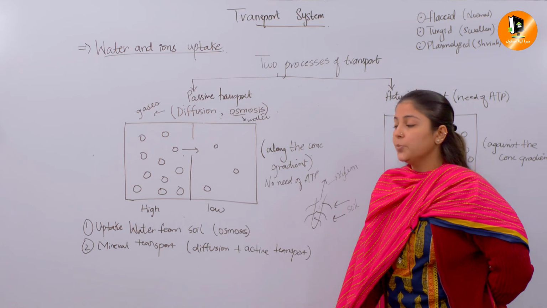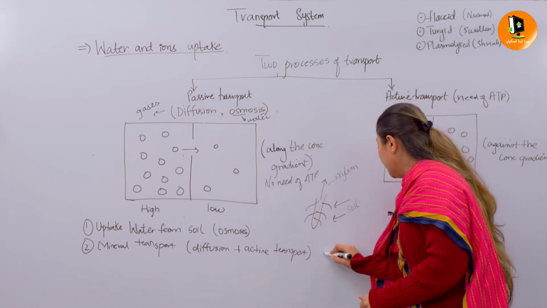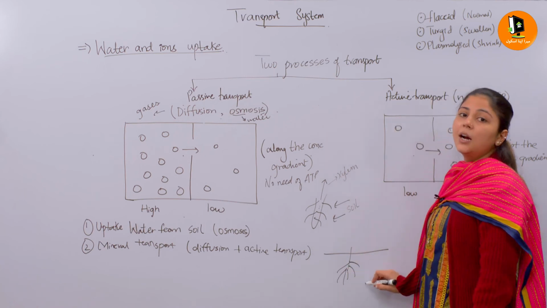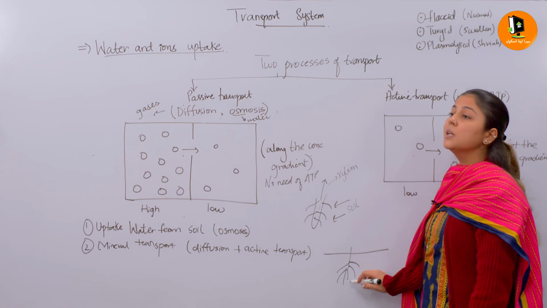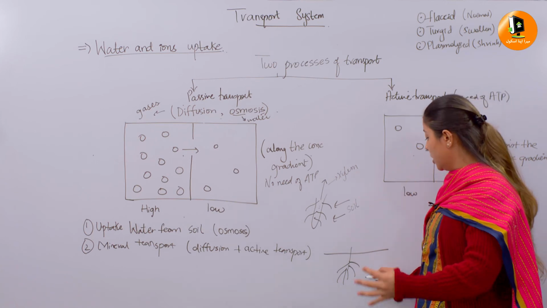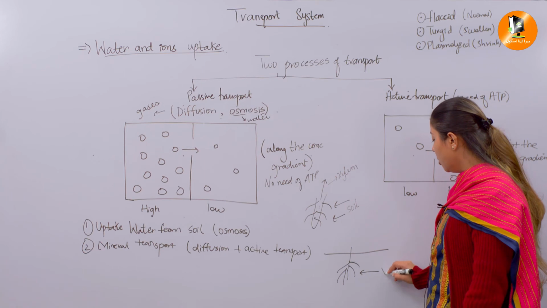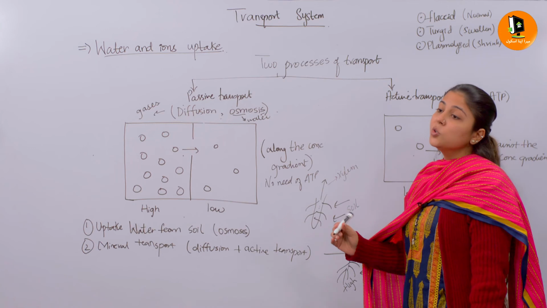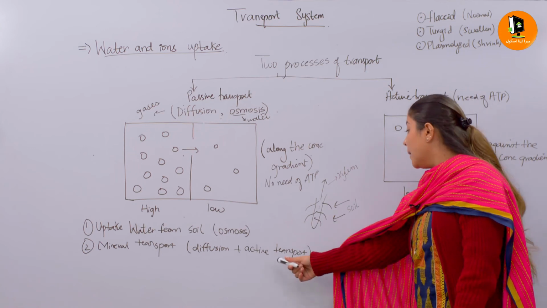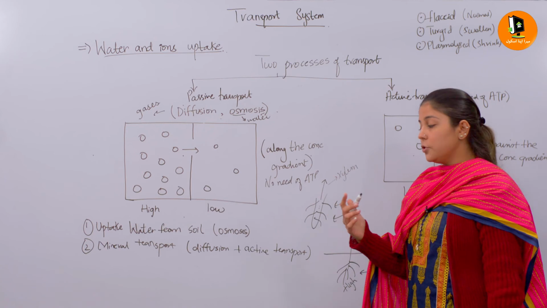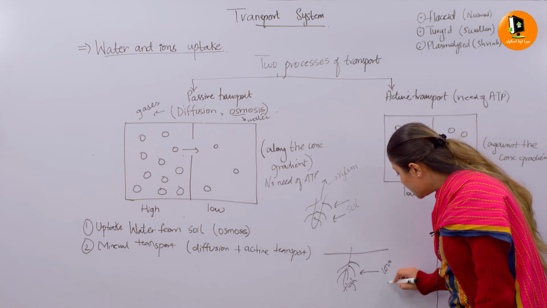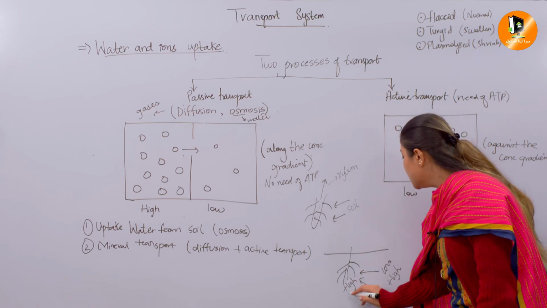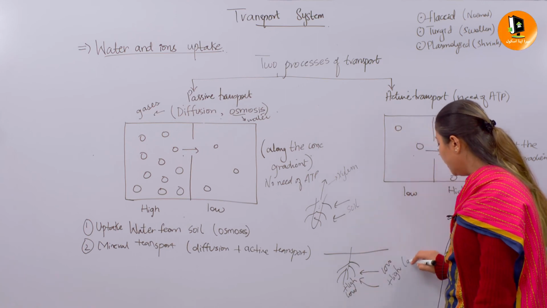Alright, I have written over here about active transport as well. When in the soil the molecules are fewer, but in the roots the minerals are in higher concentration, you are moving the molecules from low to high, that is, against the concentration gradient. In this case you are talking about active transport. But when the concentration is high in the soil and it moves towards the roots, where it is low, you are talking about diffusion.